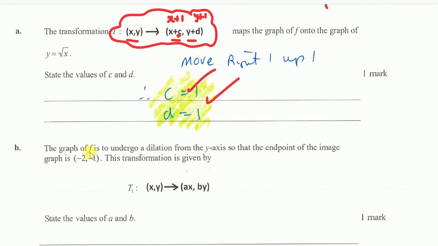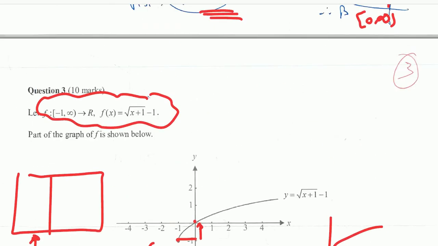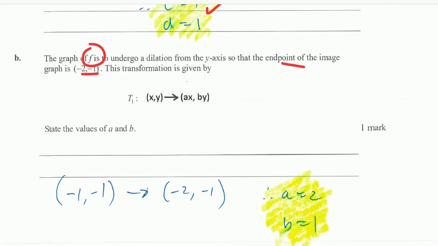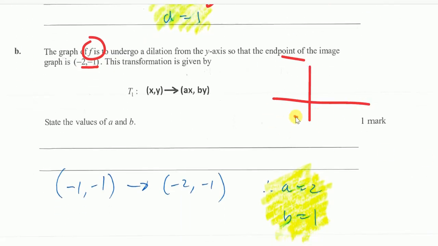The graph of f is to undergo a dilation from the y-axis so that the endpoint of the image is -2, -1. This is the graph of f. So f is going from -1, -1, so the endpoint, to -2, -1. And there's a dilation. So the dilation must be a factor of 2